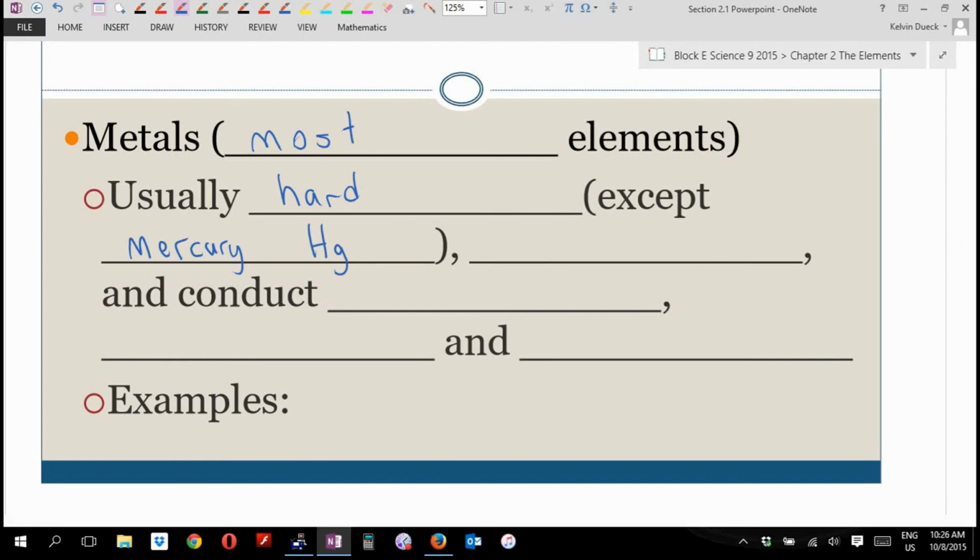What else? They're shiny, which makes sense because when you think of a metal, you're probably thinking of something shiny. So you kind of know that already, but now I'm formalizing it. And they conduct electricity. Okay. They are